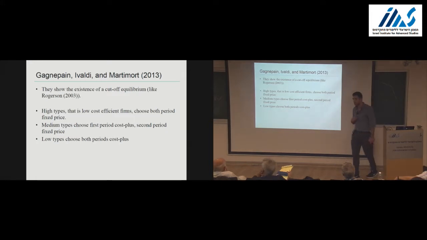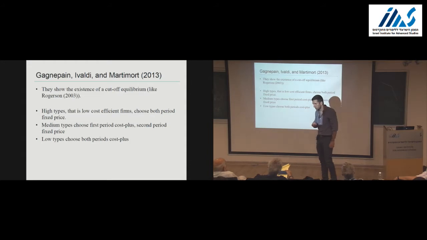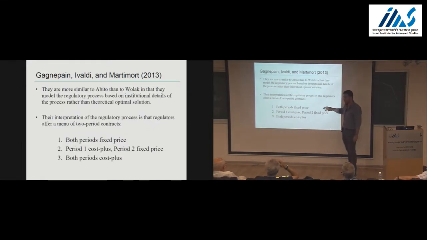Yes? Is there another mechanism, a substitute to the fixed price and cost plus, to signal that you're making an effort so that you will not be hurt by making the effort? Yeah, so these are, not here. Here, no. Actually, it is relevant here. These are renegotiation proof. So another mechanism like signaling,